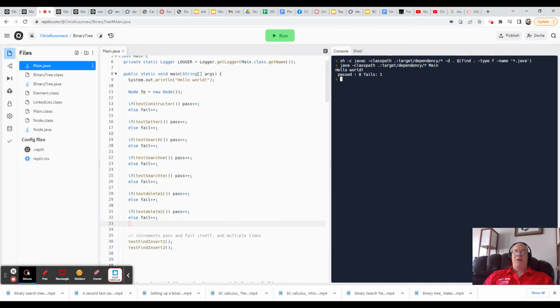The problem is that we don't know which one of the failures it is, because we did not write a good test program in as much as it wasn't verbose on the failure, which is to say it didn't print anything out when it failed, and so we don't know which test failed. All we know is that one of the tests failed. Well, I'm going to take an opportunity to do a crude binary search technique on finding a bug in our binary search test code. And so what I'm going to do is comment out